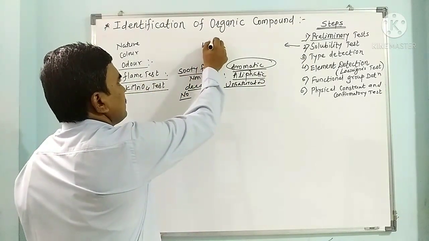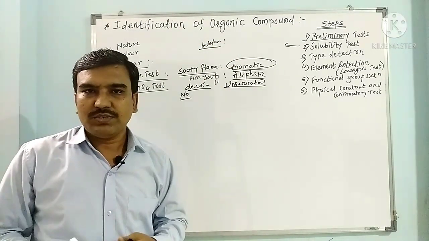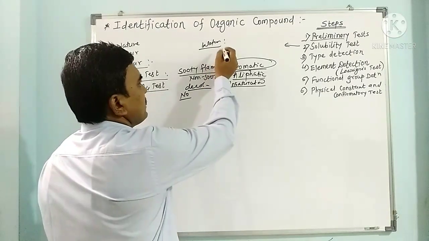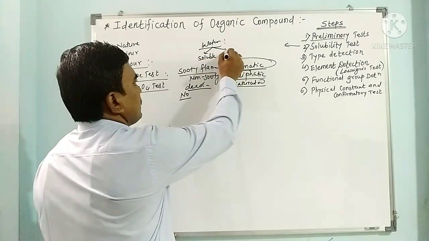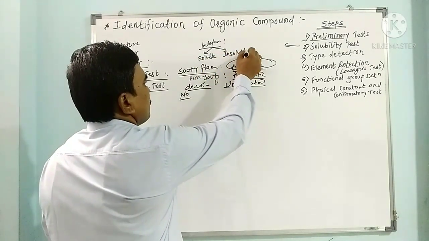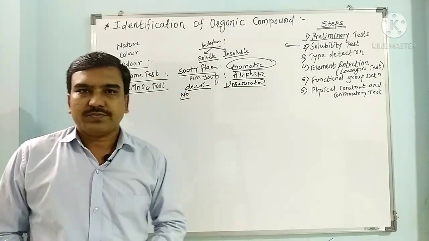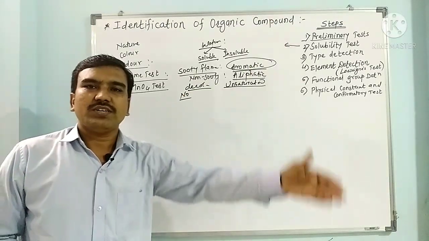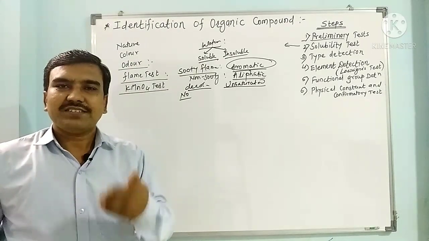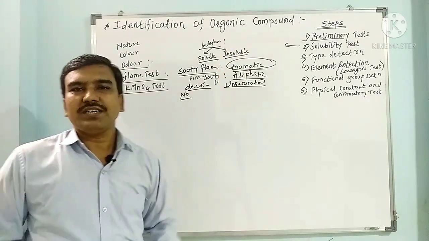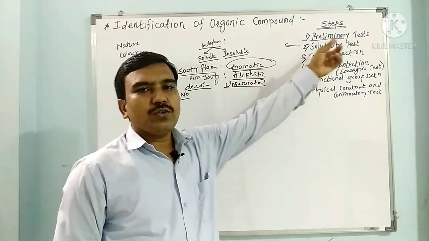When we add water, some compounds are water soluble and some compounds are water insoluble. So we have to check the solubility in water. Compounds can be soluble or insoluble. When the compound is soluble in water, we determine its type by using water soluble methods. While if the compound is water insoluble, then we detect its chemical type by using different chemical reagents. So first we see the solubility, then we do the detection of type.